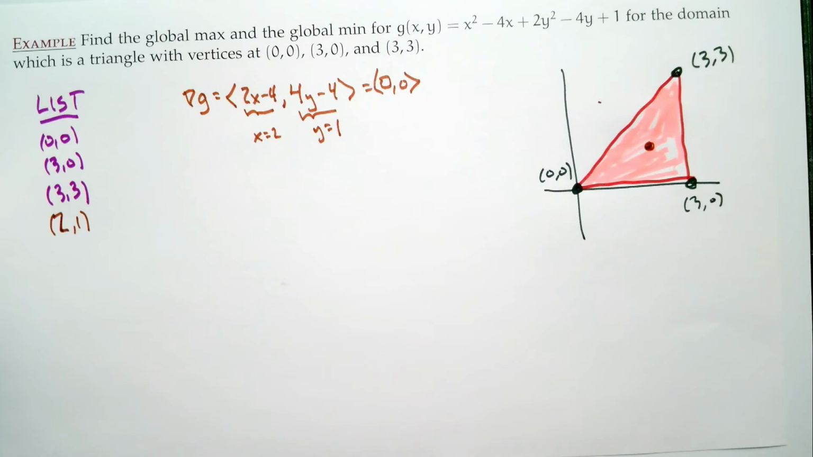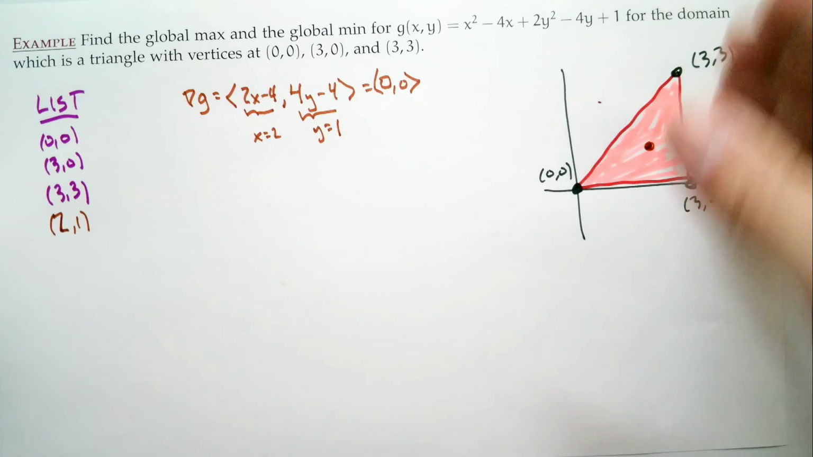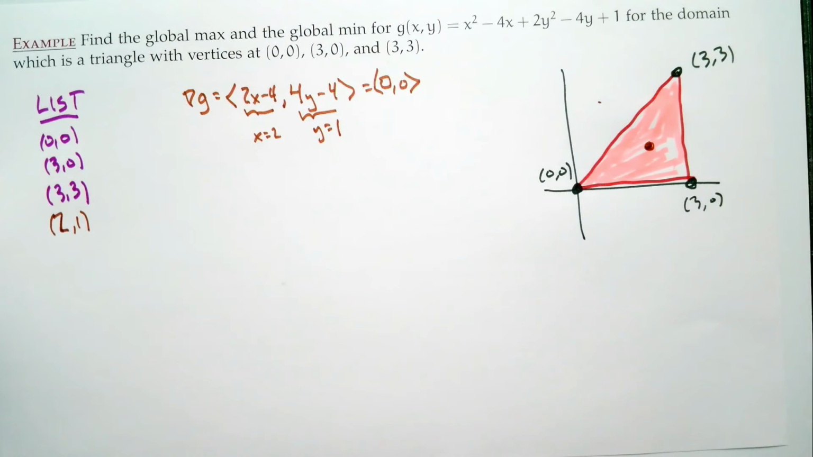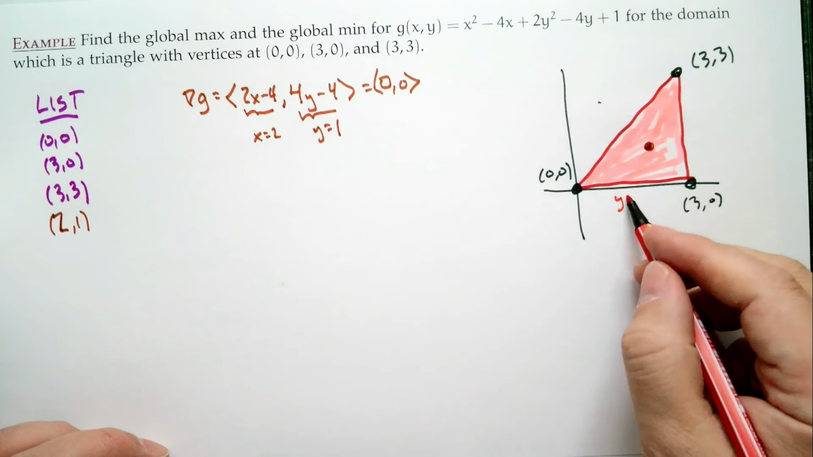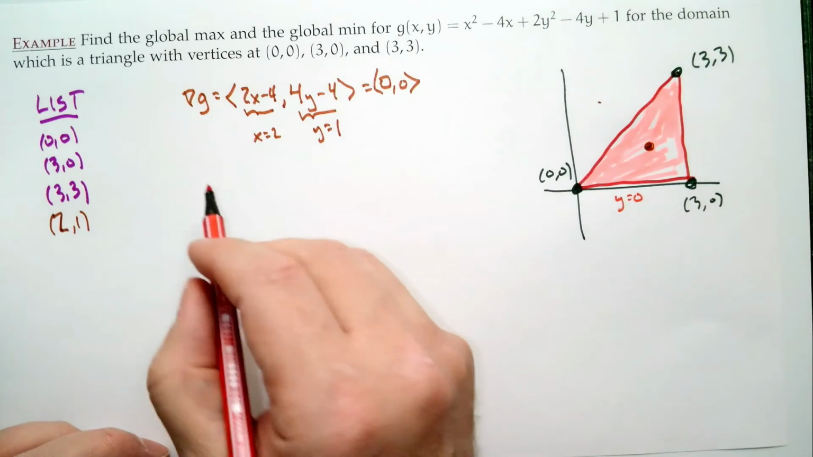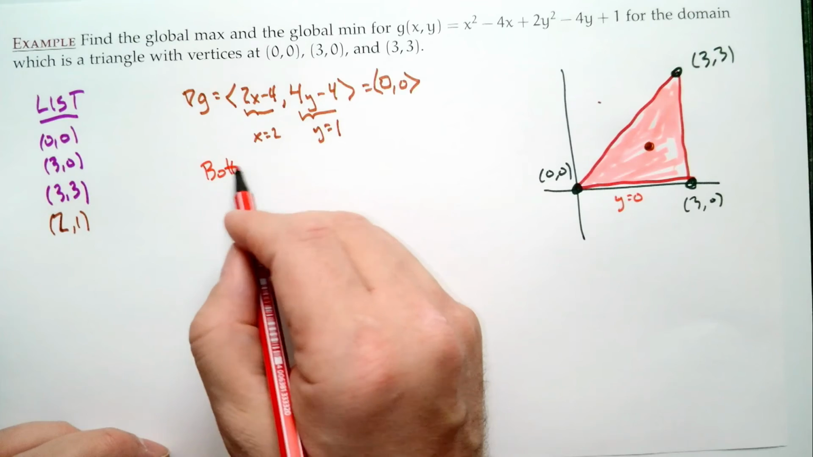Okay, well, we have three sides. The bottom, the right, and Mr. Slanty. So, which side do you want to do first? Bottom. What's true about the bottom side? Y equals 0. Okay, maybe that's what attracted people to the bottom side. All right, so on the bottom side,